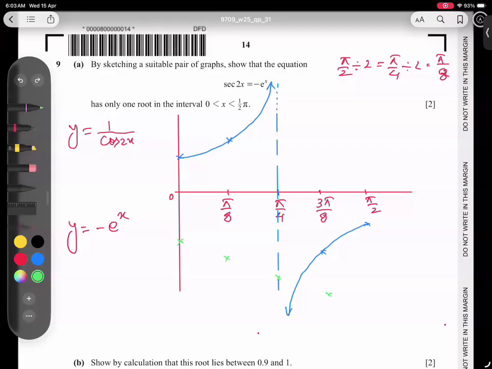And you know very well, let me make these points again. I have to make a slight bend. Anyway, I think you understood well how I got this curve. So this curve is intersecting the other curve at one point. You have to put a cross or label it or make a circle, and that now shows that, hence proved,